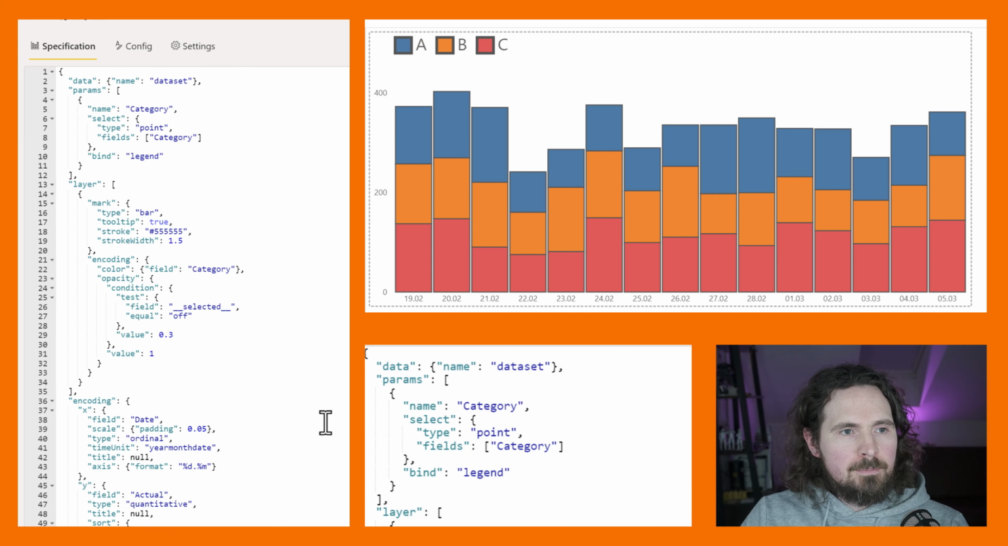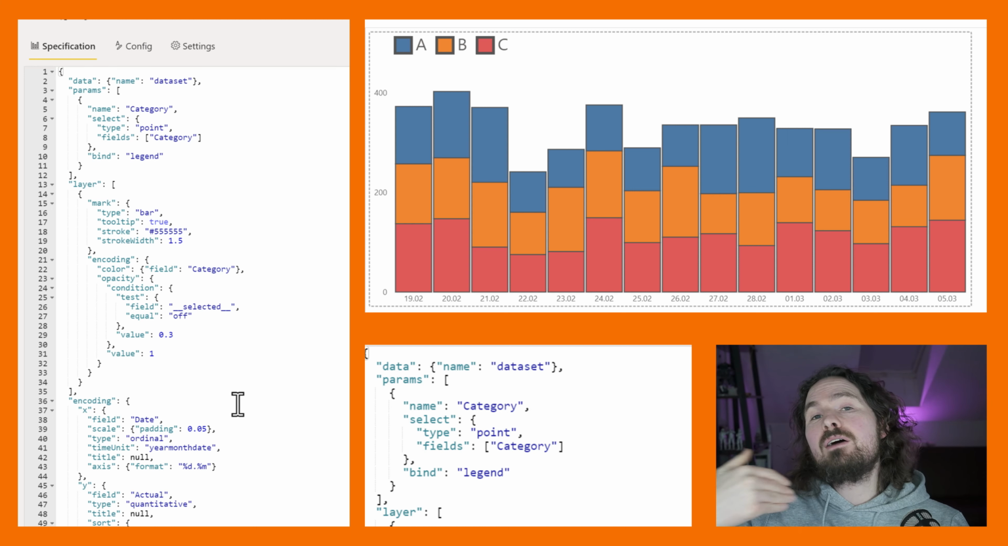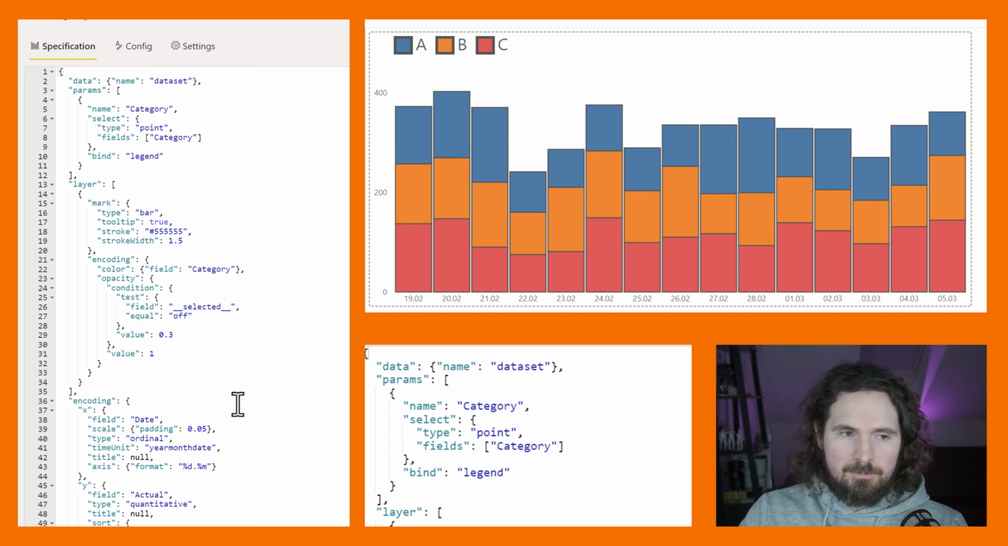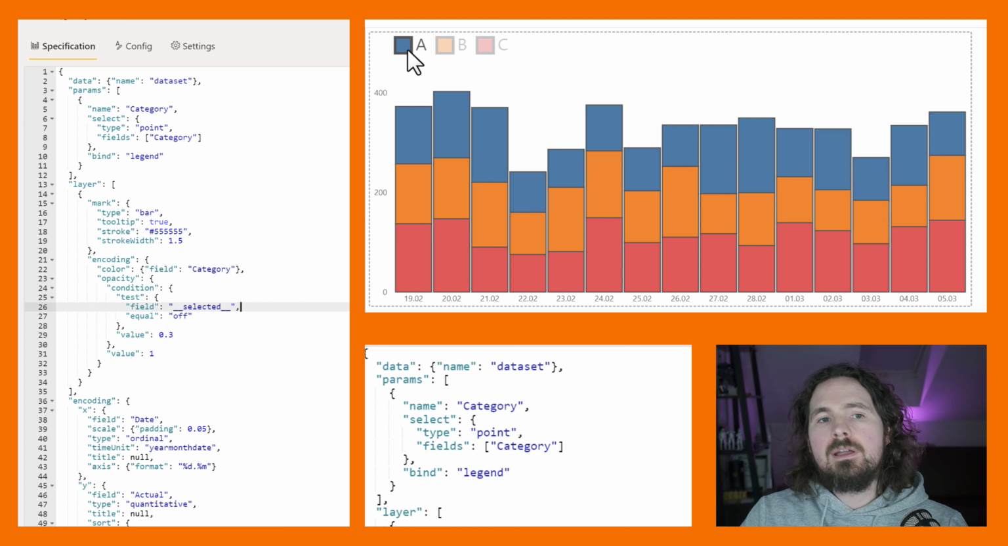So what have I done? Let's clean that up a little bit. I've created a parameter. I've named the parameter category. Select, type point, field category, which is the field I want to use for my legend. Bind it to legend. So now I've done that. Let's see what happens when I click on the legend. Okay, so it's a decent start, because you can see I'm clicking on the legend and it's highlighting the legend,